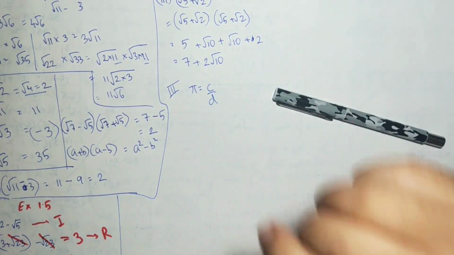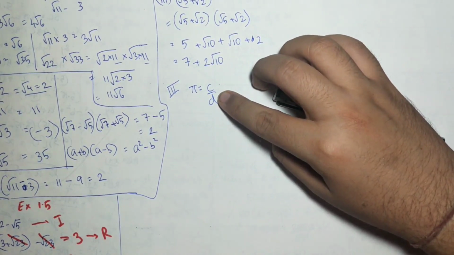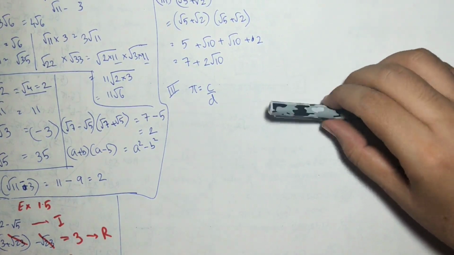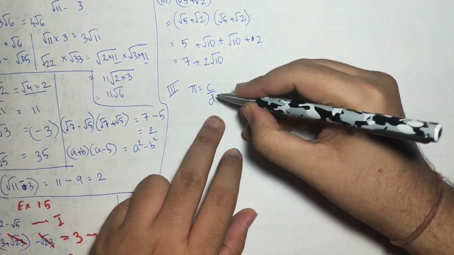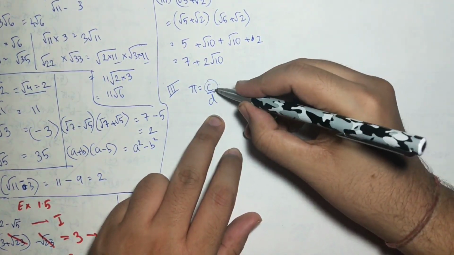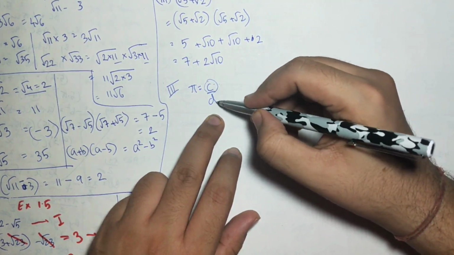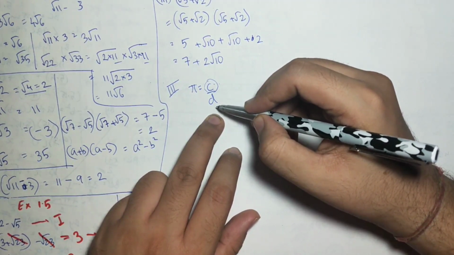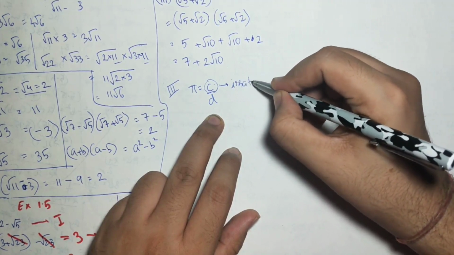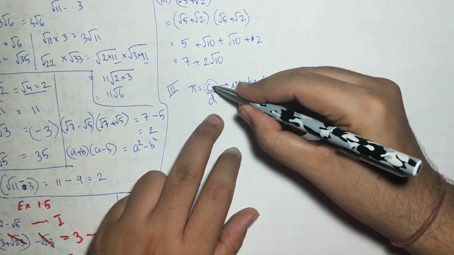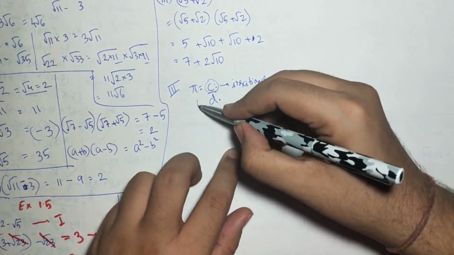But we have learned that if anything can be written in ratio form, it cannot be irrational. Ratios are always rational. Fractions are always rational. So how come pi is irrational? The answer lies in the C. This ratio, this fraction, no one has told that both the numbers in the numerator and the denominator are integers. Actually, the circumference of a circle is always irrational. If the circumference is irrational, then irrational upon rational will become irrational.